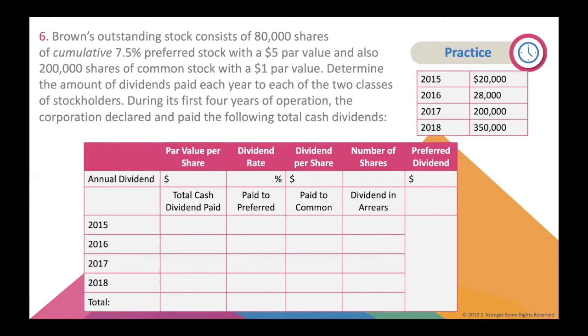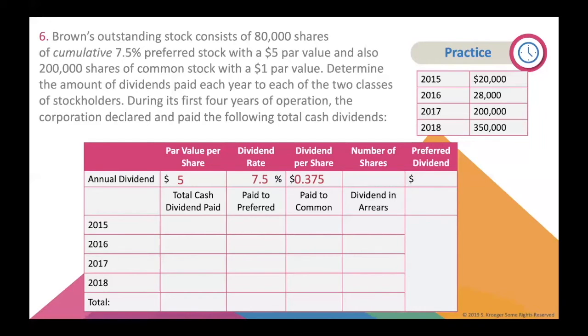Let's begin by determining how much they are supposed to pay out each year, just like we did in the last example. What is the par value per share? It is $5. Remember to use the preferred stock information, not the common stock. Next, input the dividend rate. It is 7.5%. Now we multiply the $5 by the 7.5% to get the dividend per share amount. You should have gotten a really small number of